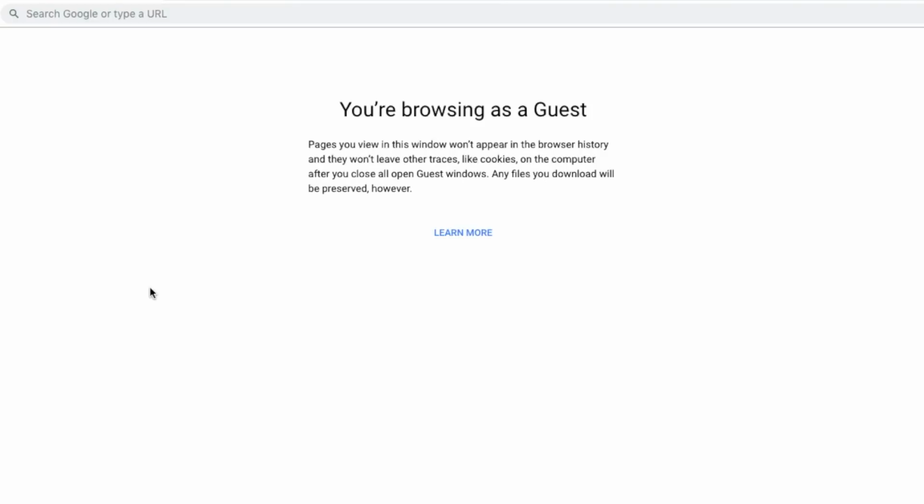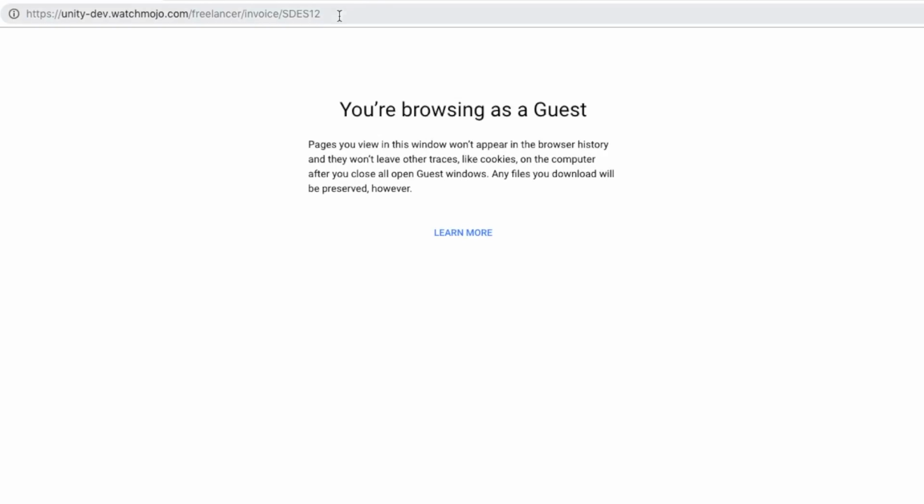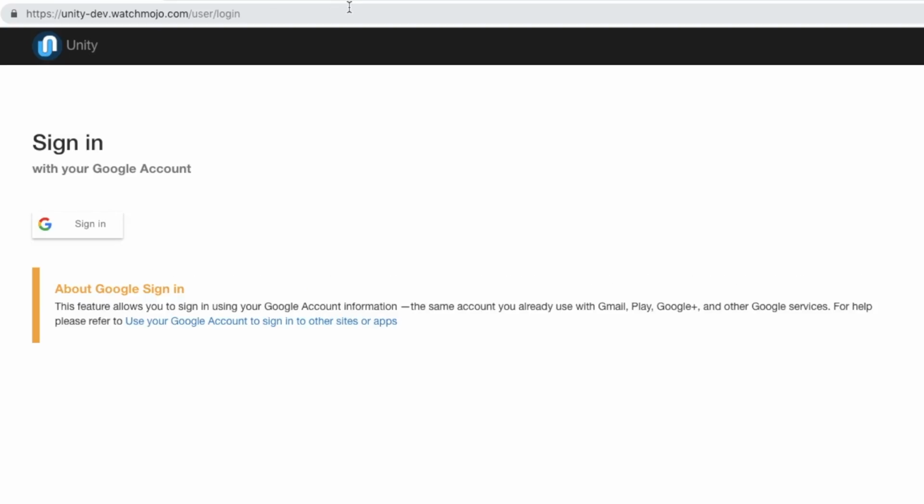Unity, we're going to talk e-invoicing today. You're a freelancer and most probably you've been given a URL by your manager that pretty much looks like this, that will give you access to Unity's e-invoicing feature. So e-invoicing, what does it do? Well, basically it allows you to invoice us directly the projects you've been working on and track payment on them